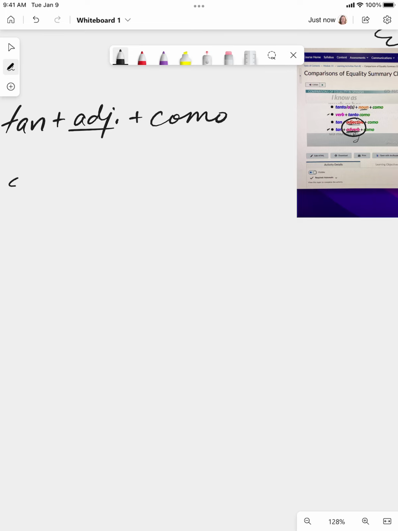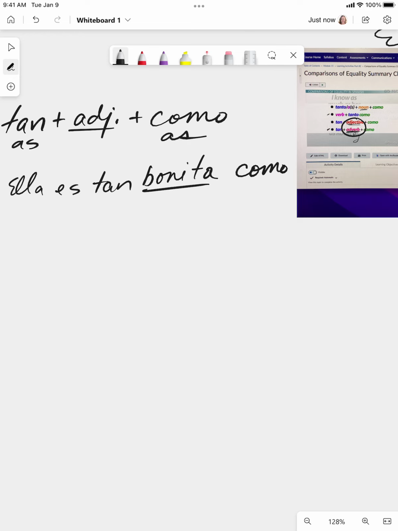So, ella es tan... So we're describing how she is, right? We're describing people, places, and things. So let's talk about the girl. She is as beautiful as. So that's what we're saying. Tan, how do we say pretty? She is tan bonita como